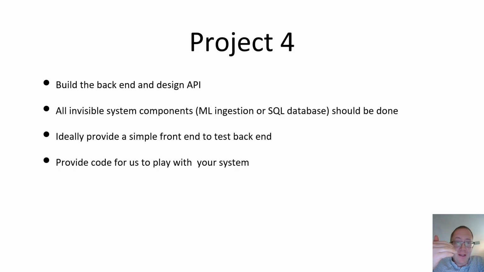And so Project 4 is a deliverable to try and get you on task, on schedule for making the back end. That's all parts of the back end if you can. So if you're doing machine learning ingestion, if you're doing a SQL database, if you are trying to get the data from some external source and clean it up, or whatever you're trying to do here, those should be done by Project 4. If you're trying to hook up back-end services, the things that the user is presumably not going to see at the end, that's the stuff that should be done, hopefully by